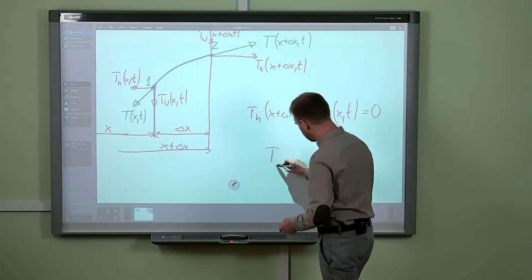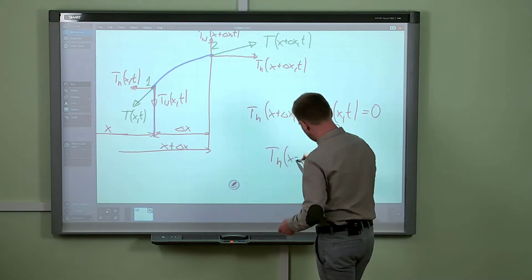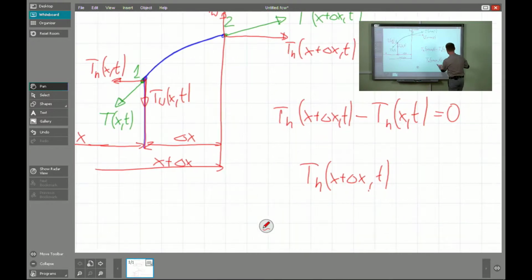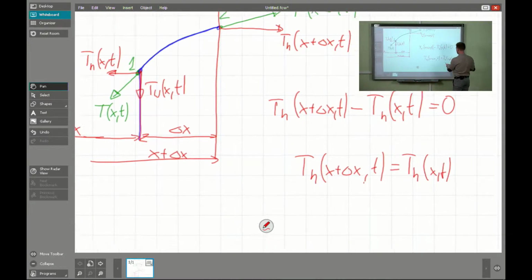It means that T_H at x plus delta x and t